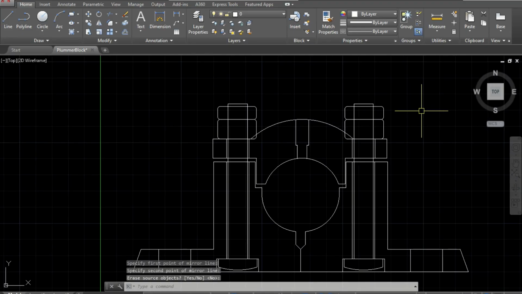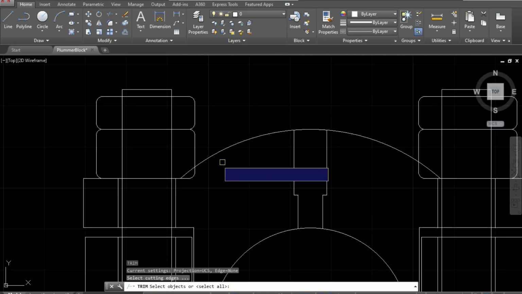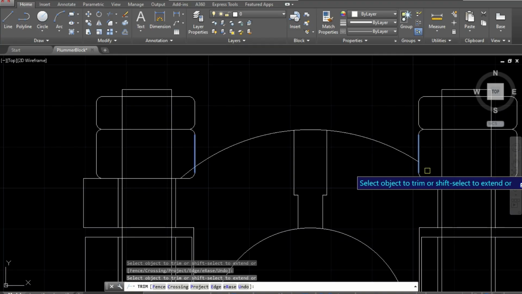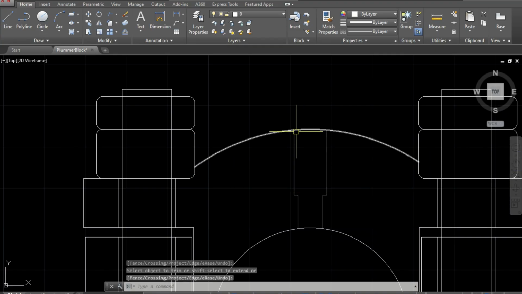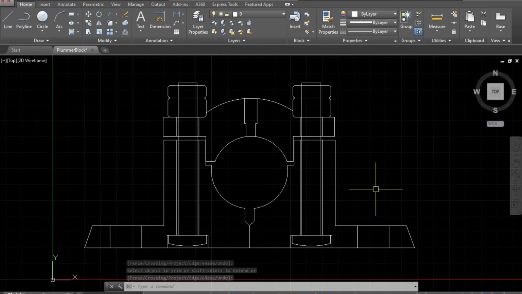Another thing, let's trim it. Select the trimming object, enter it. Delete it. It looks nice. This is our plumber block